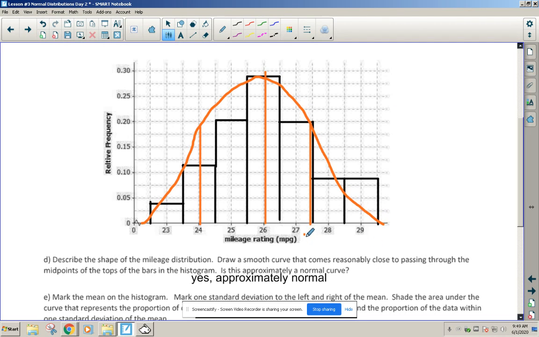So this was my mean plus the standard deviation right here, which brought me to my 27.55. It was my mean at